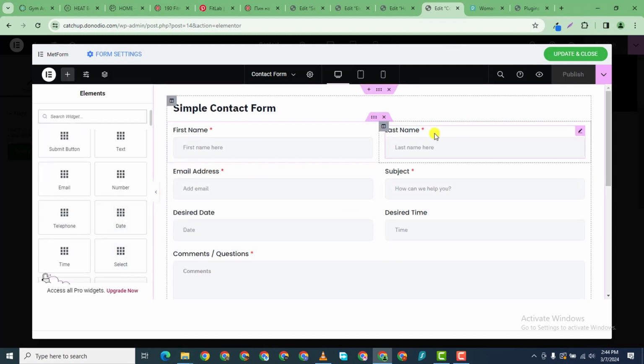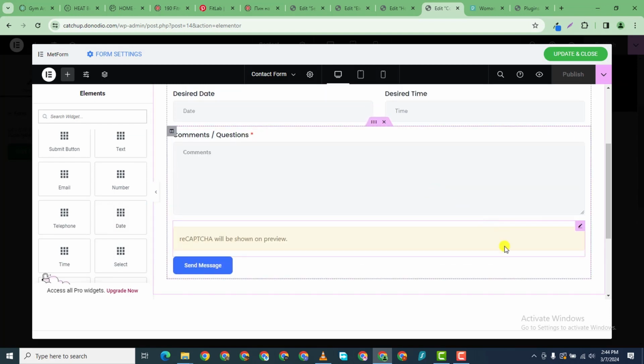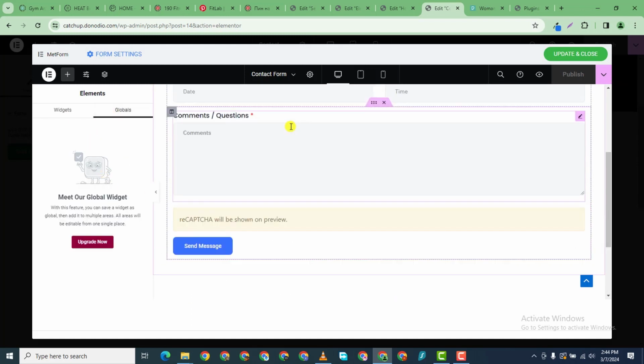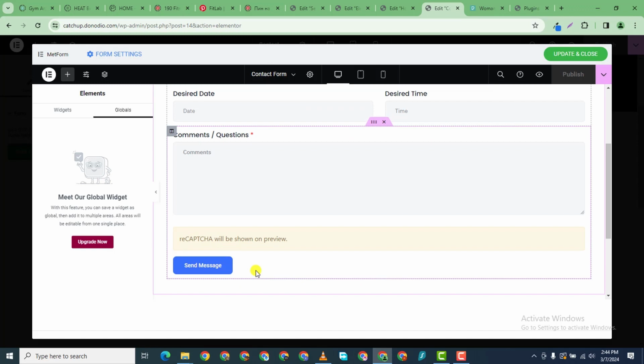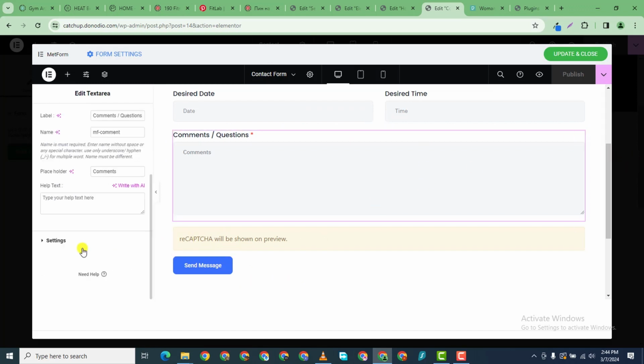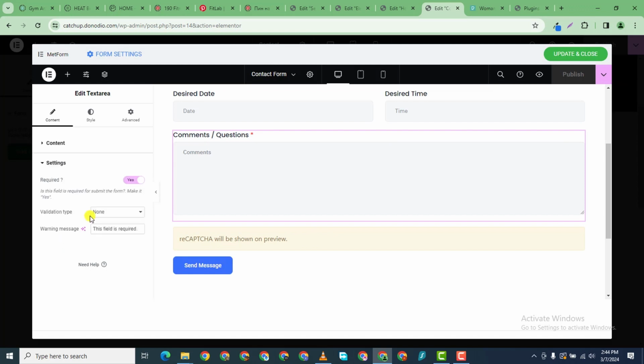It's about the wrap. Okay, so let's go to globals, send message. So settings,